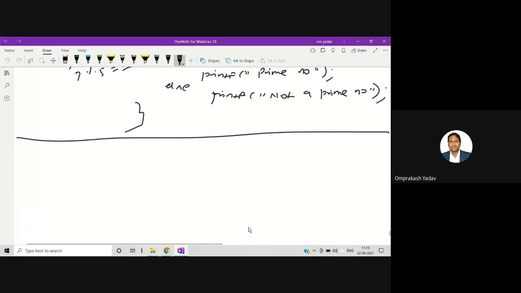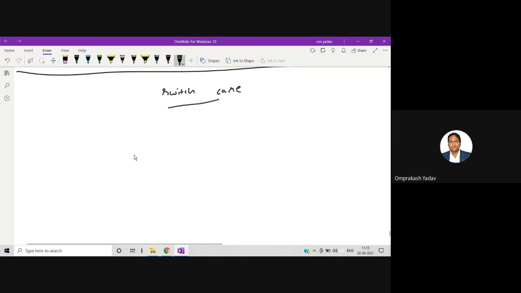So let's see what you mean by switch case. See, if you want to decide multiple things, if you want to make multiple decisions, then you can use switch case also.